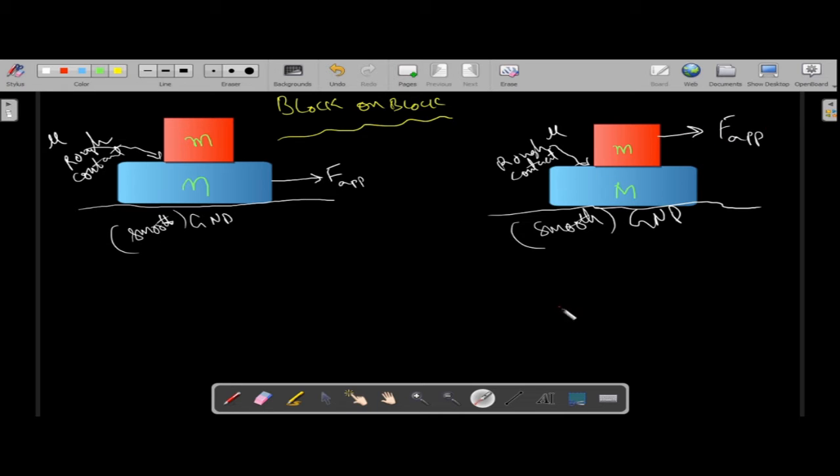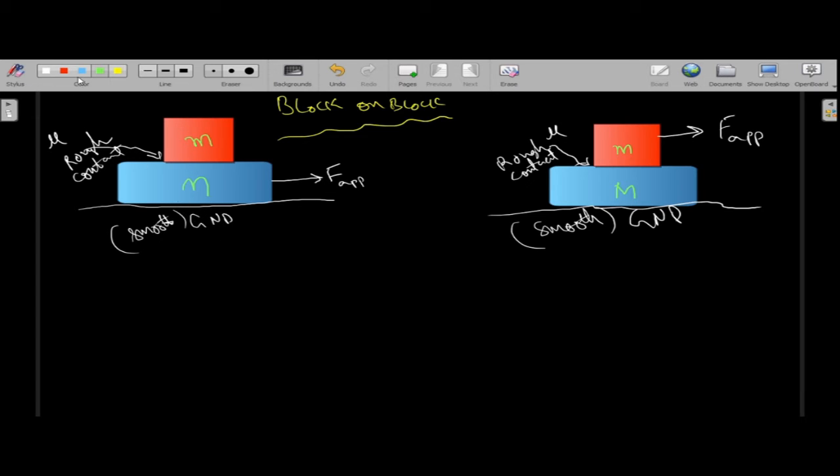So these are the two cases where the two blocks are in contact here. This particular plane is a rough contact plane having coefficient of friction mu. Here also the same situation. Here we have the smooth surface and there is no friction we are considering here, and here also no friction. In this particular case, we have two situations. What are the situations? Let us try to see in the shortest way.